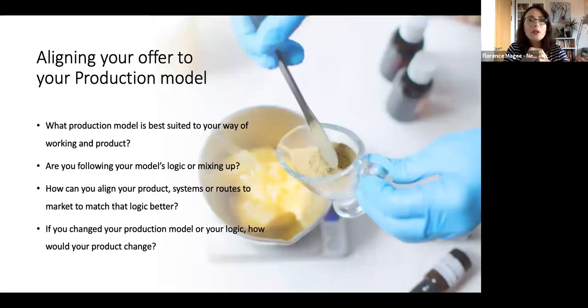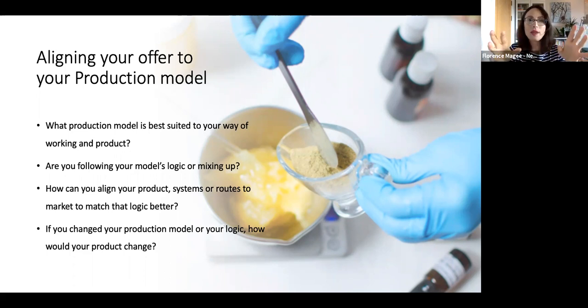Okay, then you'll need to align your product to one of those models. And again, that is my framework, that is how I work, but I think it's a good start to actually see what fits you best. Are you more into a volume model that works with being available in shops or developing sales, or are you more into an exclusivity, an artisan model, but you need to actually work at increasing your prices as much as possible because you don't have that much of a production?